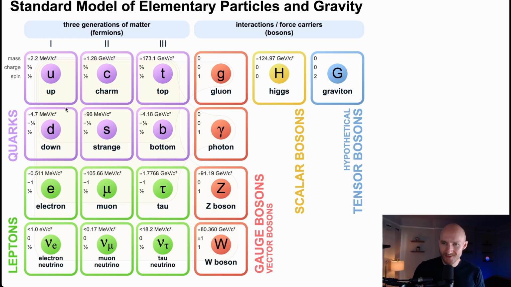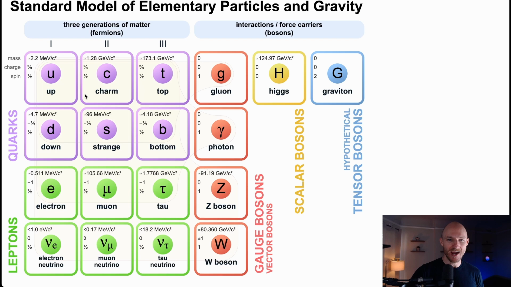But it's actually, when you get down to it, relatively simple. The key idea here is that the things on the left are particles, three generations of matter, and the things on the right are forces, like gravity and electromagnetism. So that's the idea. And a quark is these things up top here.